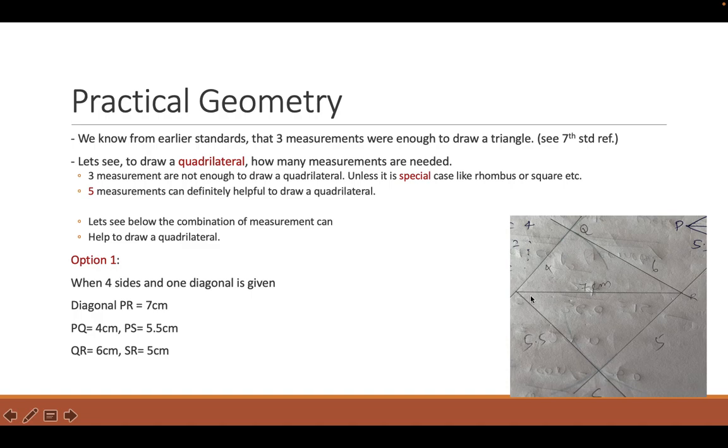Now coming to the bottom portion, as you know, P is already there, and then the remaining ones are going to be PS and RS. PS is given here as 5.5, RS is given as 5 cm. So use that, and you can draw the bottom triangle. So you see here it is kind of faded out because I use black one for my